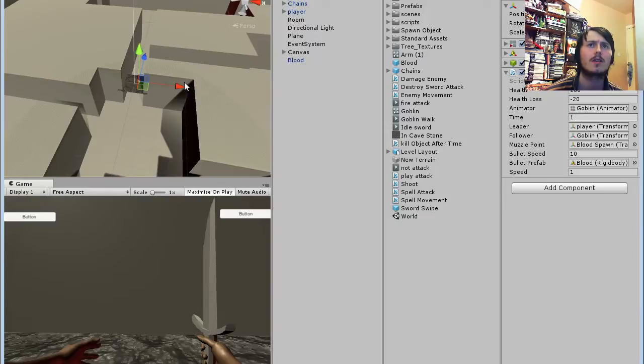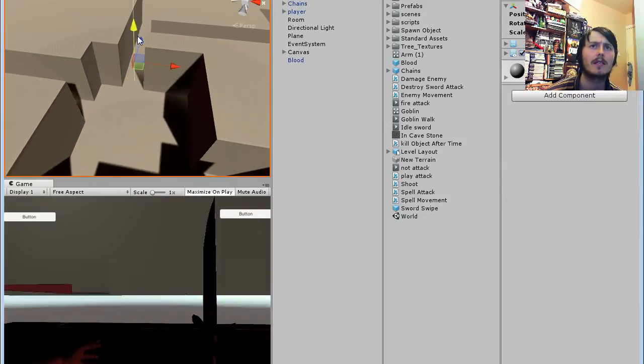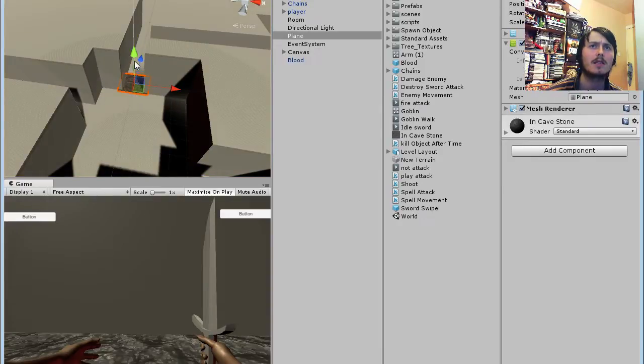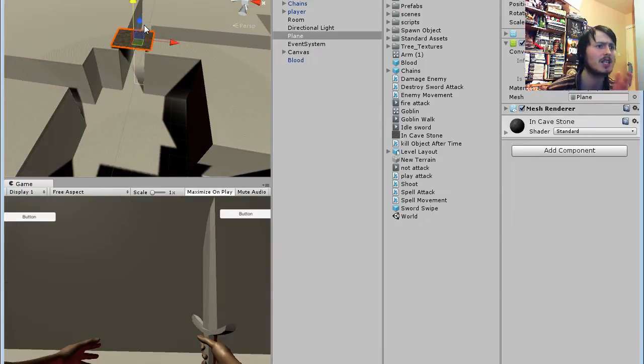Okay, so let me get the level, move it up until we're on it. There we go. Just move this up here for the time being, just in case things go south. He should die on his knees and then fall forward. That's what it's going to do. He's like, fall forward and then just